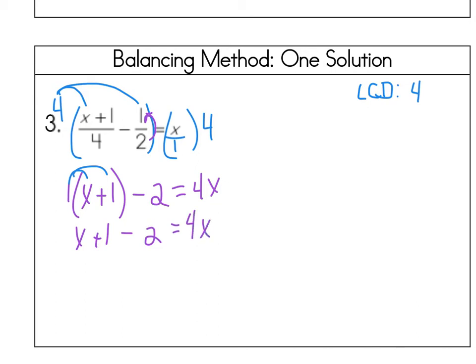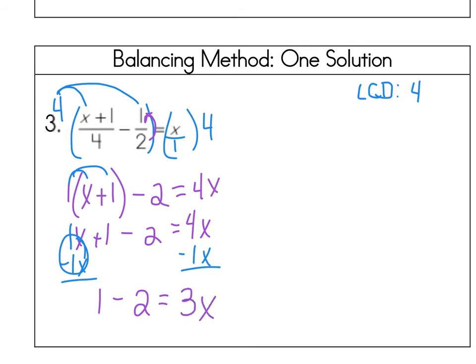Okay, so now it tells me to use the balancing method. So I'm not going to sort like I did in examples 1 and 2. I'm going to balance this. So I see that my left side is pretty complicated. So what we should do is move this x to the other side. So this is a 1x, so I'm going to take away 1x from this side and 1x from that side. Remember, we always want to move our variable terms first. So 1x minus 1x is 0. So I'm left with 1 minus 2 is equal to 4x minus 1x, which is